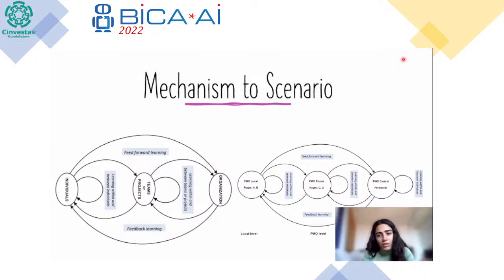They will create a shared mental model, of course, by learning from each other at the PMO forum in the organizational level. Since this is a dynamic process, feedback learning also takes place simultaneously with this feed-forward learning process. In the organizational levels, team shared mental models construct better and bigger shared mental models